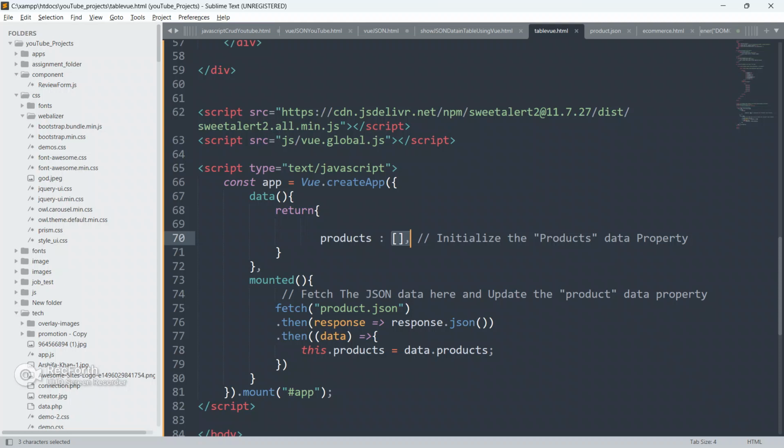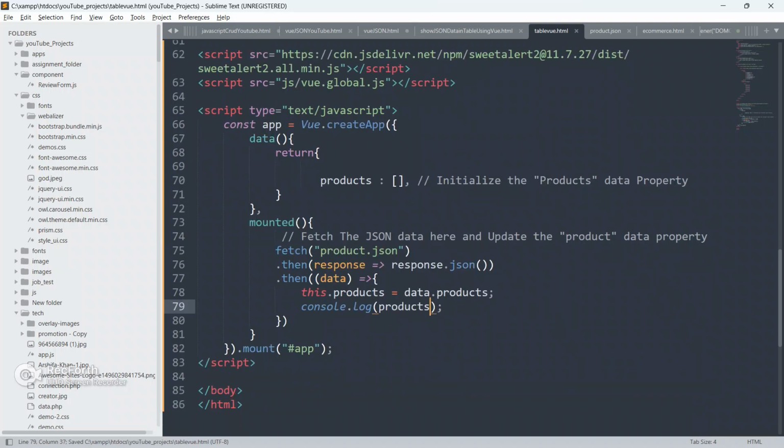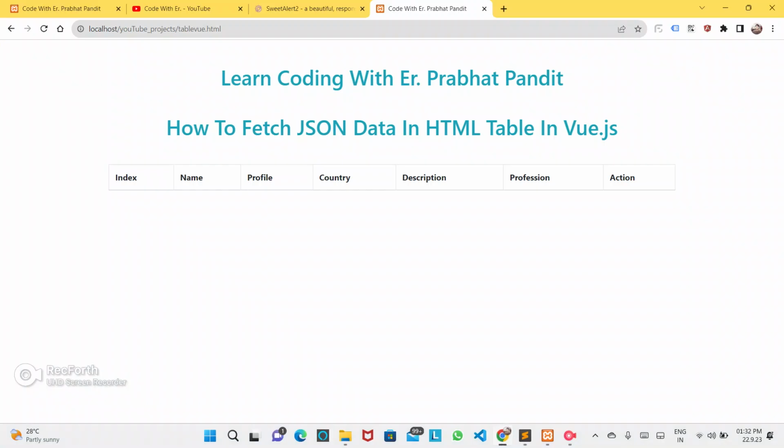As you all know, the v-for directive is used to loop through an array. So guys, you just go and try to console these products and see what it returns.